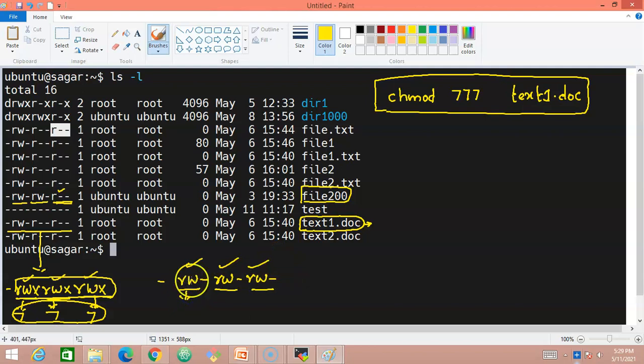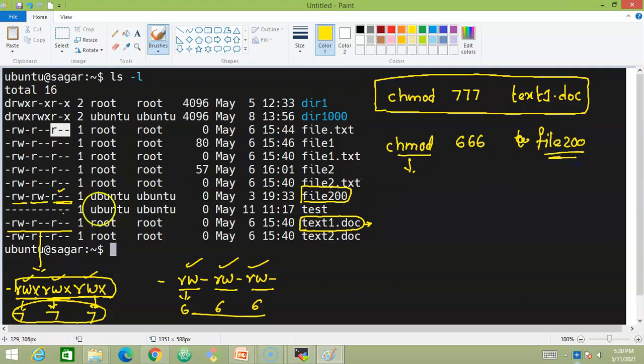Whenever we are trying to give read write permissions, you all know it very well. The sum of it is going to be: read has 4 and write has 2 and execute is 0 here. So 4 plus 2 is nothing but 6, and here 6, and here also we have 6. So we will be making use of the command called chmod, which is used to change the Linux file permissions, and 666, and the file name we are taking is file 200. Here file 200.